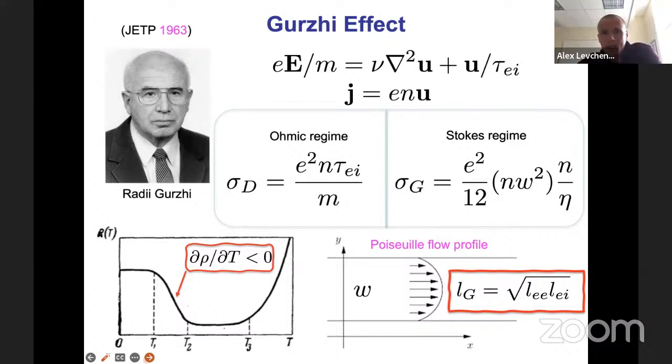So he derived an equation of motion for electron liquids in a metal that looks very much like a Navier-Stokes equation. He started, however, from a much more microscopic description. He started from the quantum kinetic equation for electrons and phonons subject to some disorder scattering. But he made the assumption that I described in the previous slide, that electrons scatter off themselves much more efficiently than they scatter off phonons, et cetera.